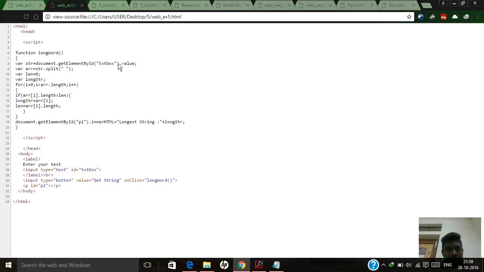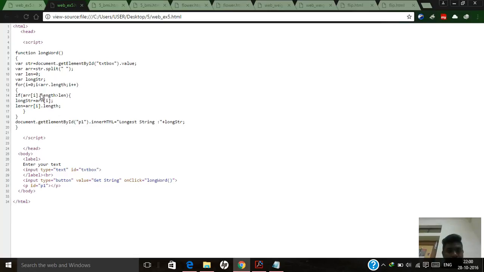This is for inputting the value from the user, and then we are using var arr equal to str.split. So this is for splitting the words into arrays, and this is a var length. Now we are using the for loop